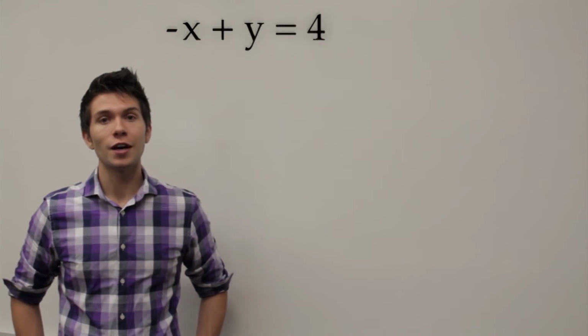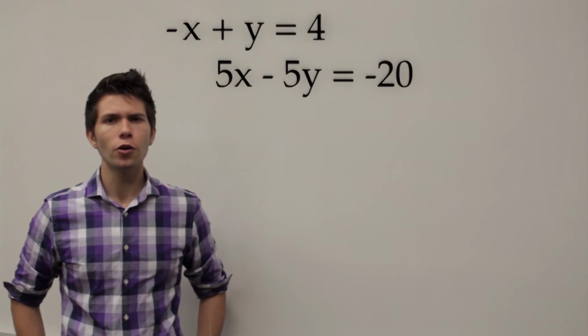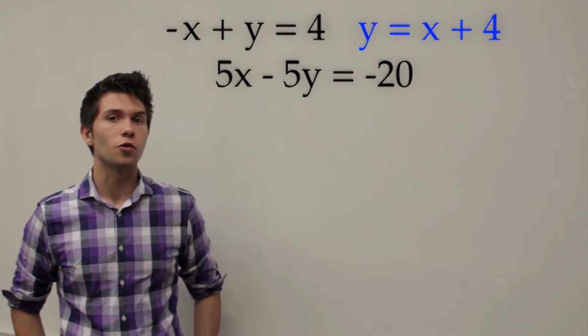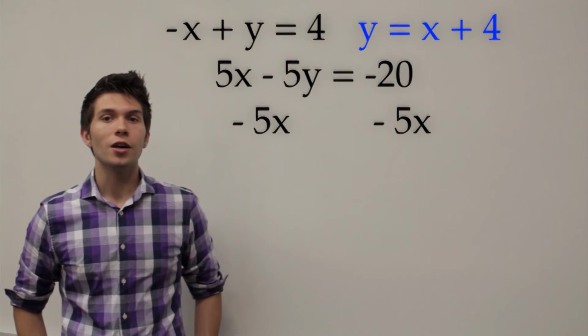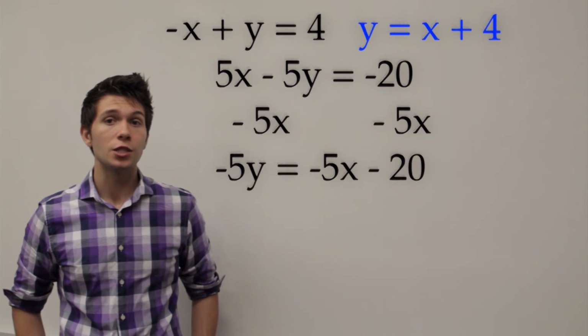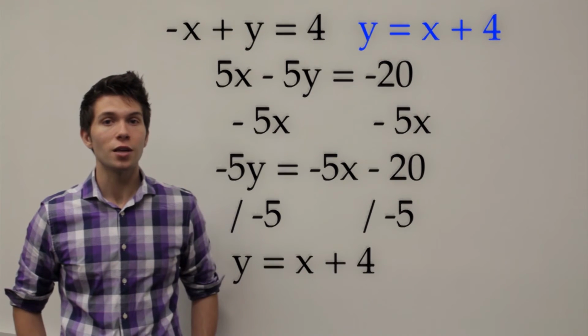Why don't we try confirming the solution to our second system? Negative x plus y equals 4, and 5x minus 5y equals negative 20. We saw in the last problem that the slope-intercept form of the first equation is y equals x plus 4. Subtracting 5x from both sides of our second equation, we get negative 5y equals negative 5x minus 20. Dividing both sides by negative 5, our equation becomes y equals x plus 4, which is the same slope-intercept form